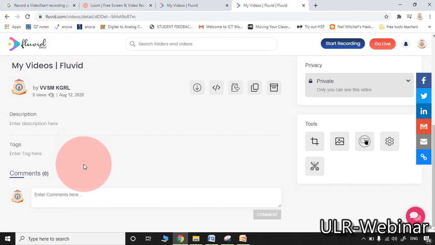Here, directly by recording using the browser, at the same instant you may upload to the fluvid.com website and share with your audience. They may add comments, you may add tags, you may show the description, everything. Generally Loom is meant for recording, YouTube is meant for sharing of video content. If both are mixed in one platform, you may identify it as fluvid.com.